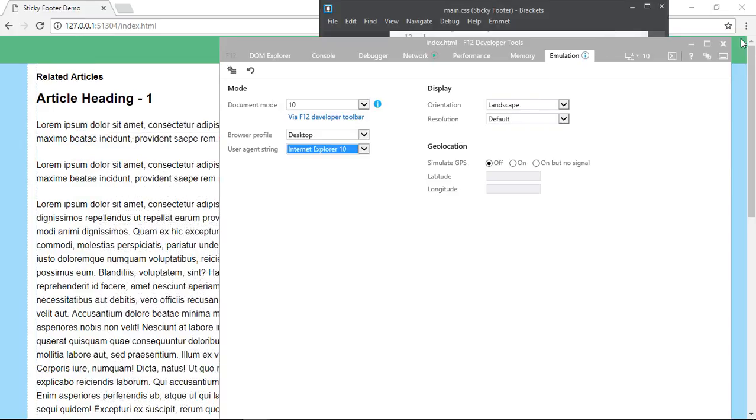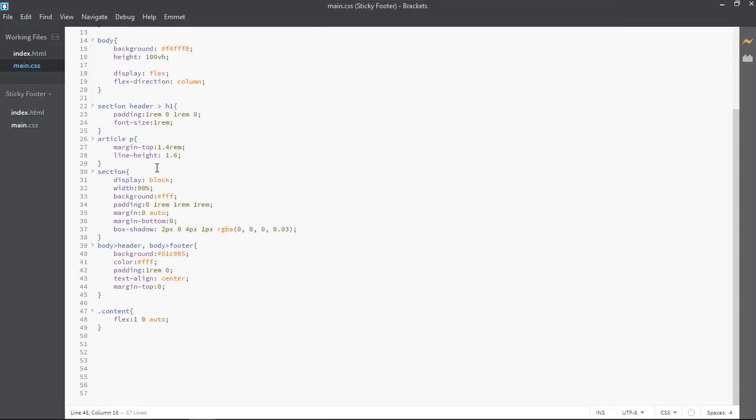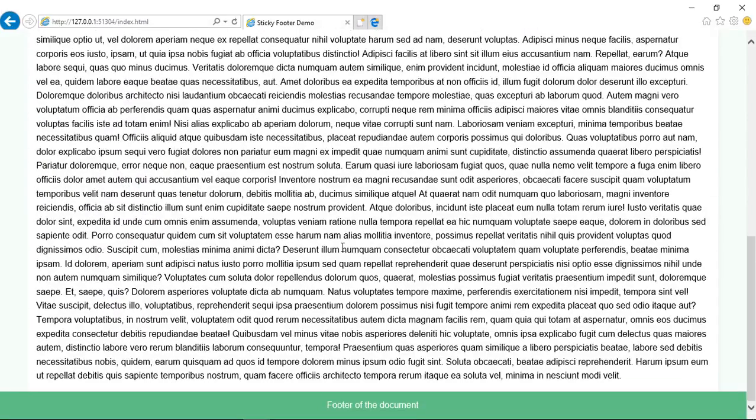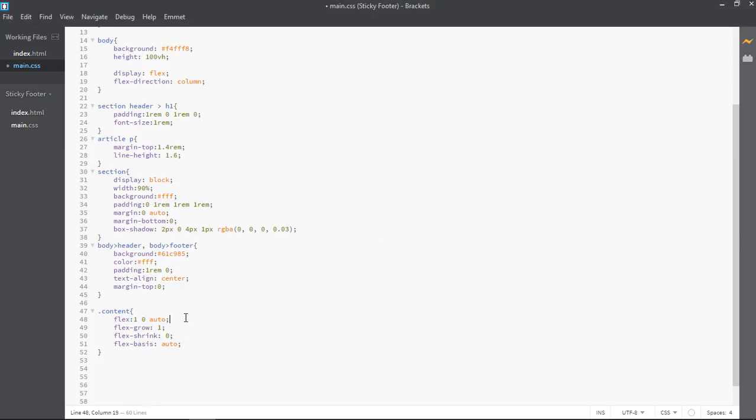Now minimize it, close the developer tools, go to your code editor, and here you can simply split these values like this: flex-grow to 1, flex-basis to auto, and flex-shrink to 0, something like this, and you can completely remove this and it will still work fine. So this is the much shorter method. That's why I will continue using the property above.